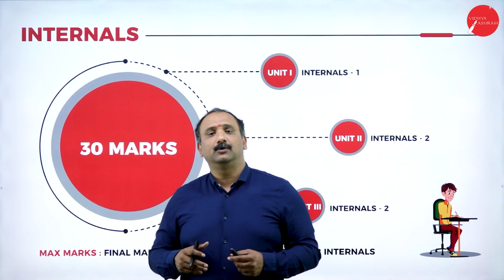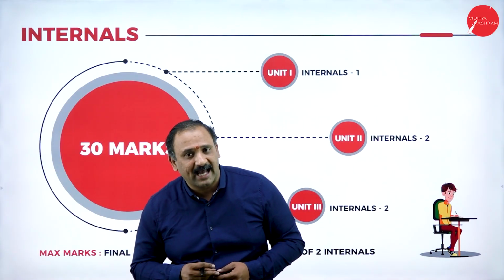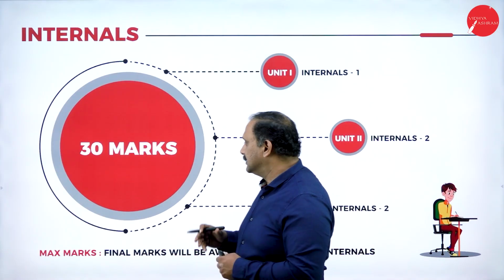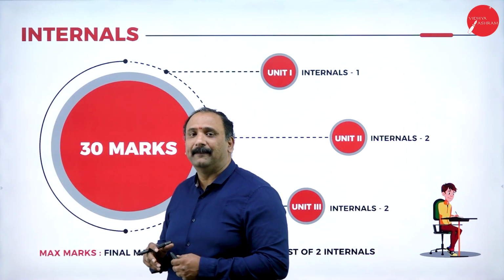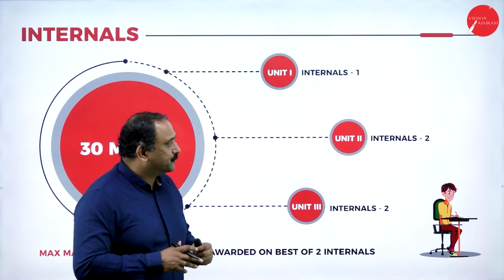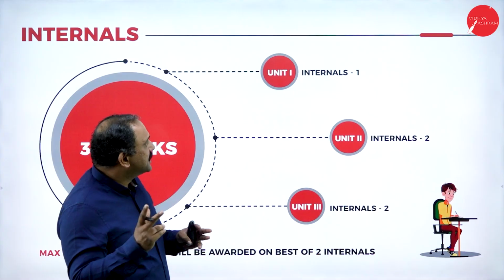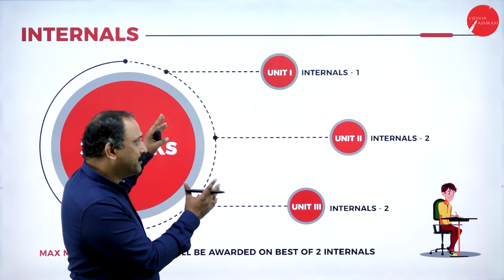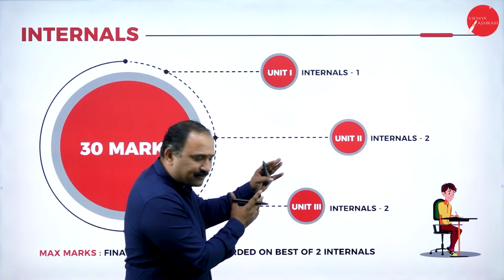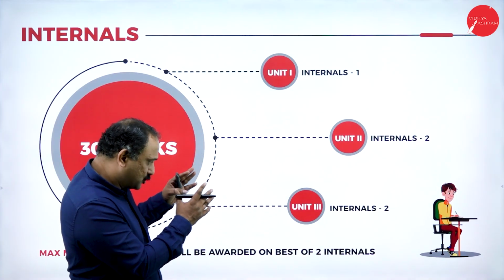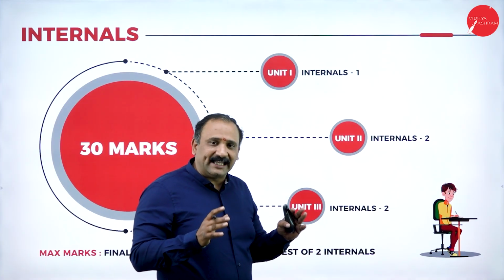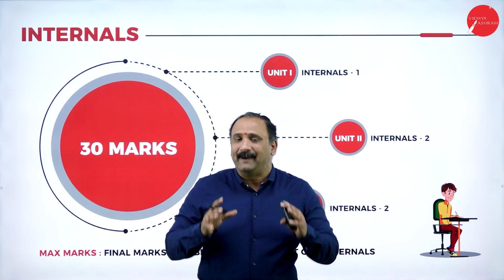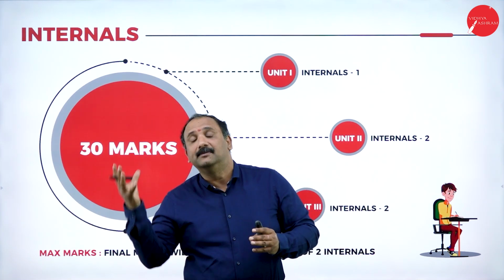Now let me come down to the most important factor, your internals. The internals are going to be for 30 marks. So we're going to have 2 internals. At internals 1, we are going to have unit 1, which is going to come for 30 marks. Units 2 and 3 are going to be focused for internals 2. Now, though we say that we're going to look into the best of the 2 internals in terms of marks,